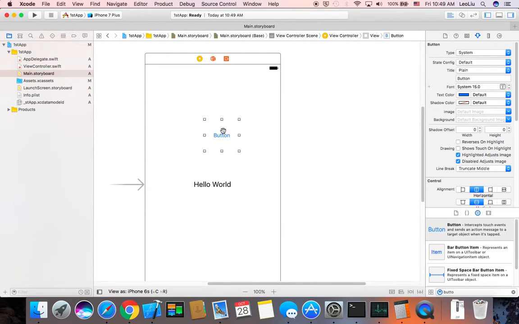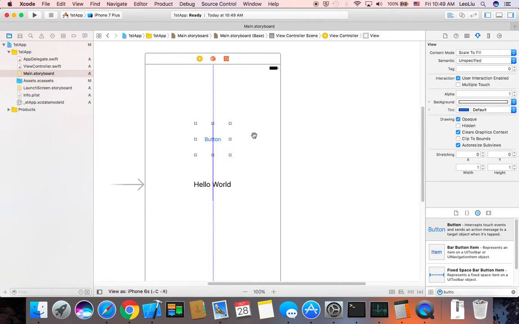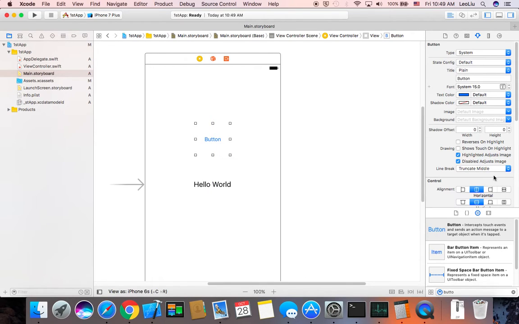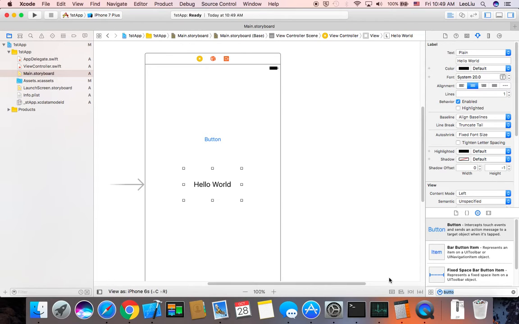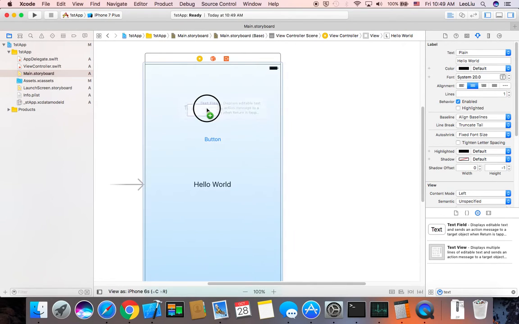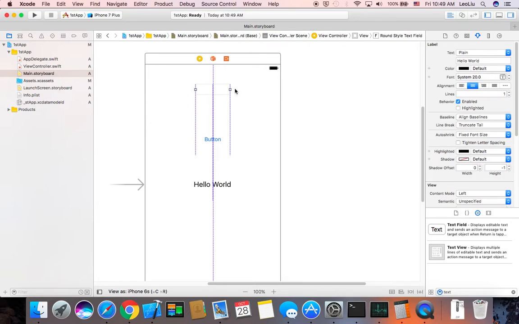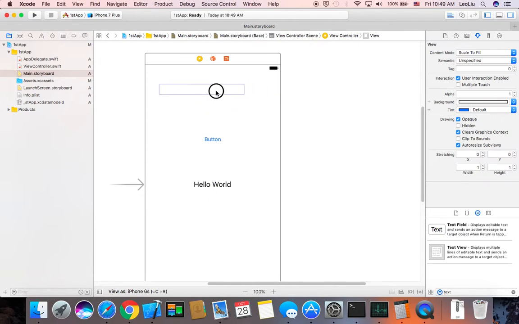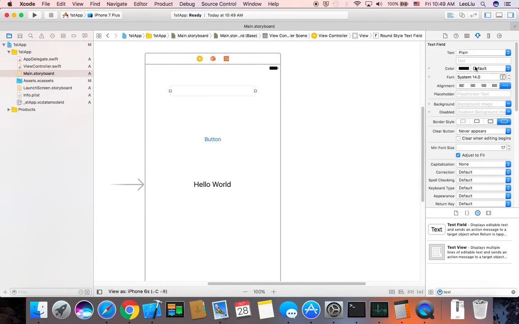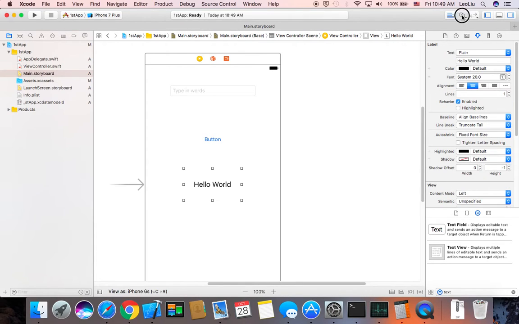That basically, once you press it, it'll send a signal to like whatever. Actually, it's also a text field. This is an example thing. And you can put in placeholder text for this. You can change the button stuff. Just put, I don't know, type in words. And what I can do is I can